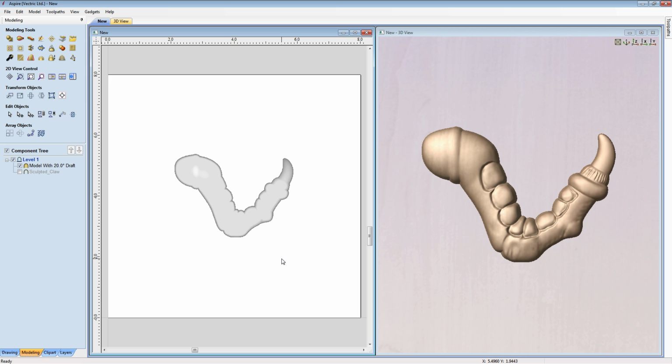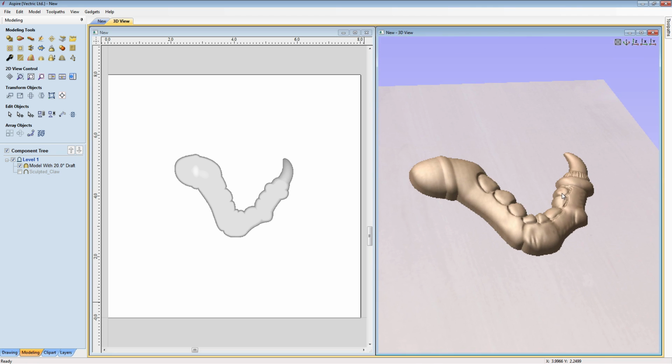And then also I want to put in a channel that we're going to be able to mount the bolt into for this example, as well as the channels that will let material escape when we press the two halves of the mold together. Now, as I mentioned before, I prefer to model everything so that it's positive. So I'm going to work with this model as a positive shape,